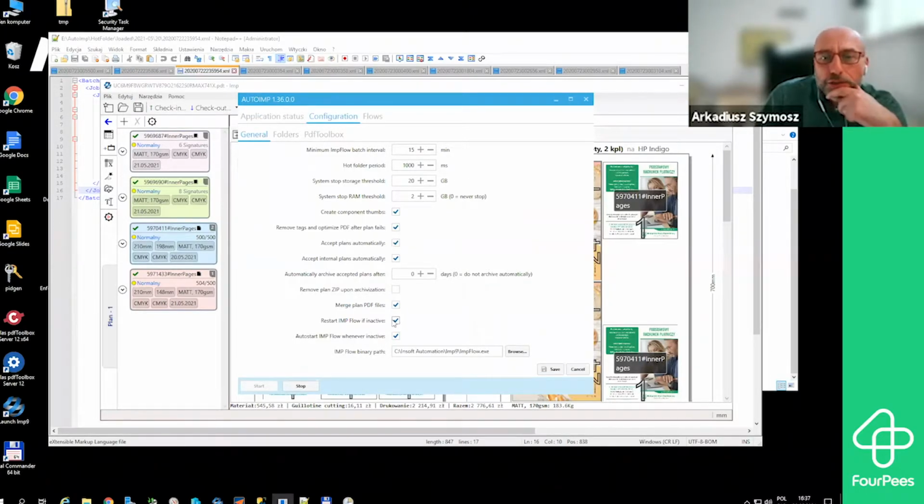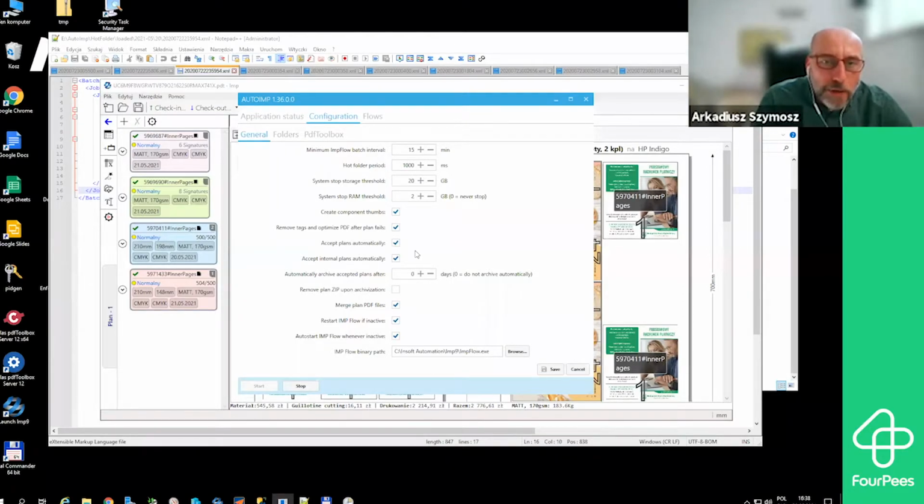There is also the restart of inflow, because when we send a huge amount of PDFs to ImpFlow, it consumes the memory and doesn't release it. Unfortunately, it is a bug from Adobe. I was informed, so we have to restart ImpFlow